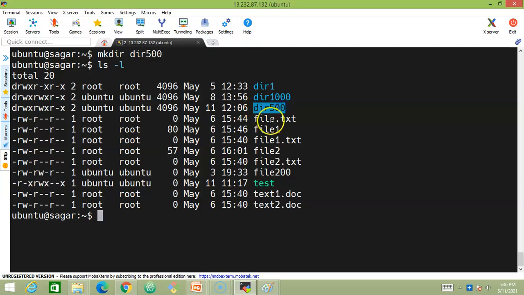Who is the actual owner of it? We can see here who created it. The Ubuntu user has created it. So the owner of this particular directory 500 is nothing but the Ubuntu user. Now look at this read, write, execute. This is for the group that Ubuntu belongs to. This directory belongs to this group called Ubuntu. That's one thing you've got to remember.